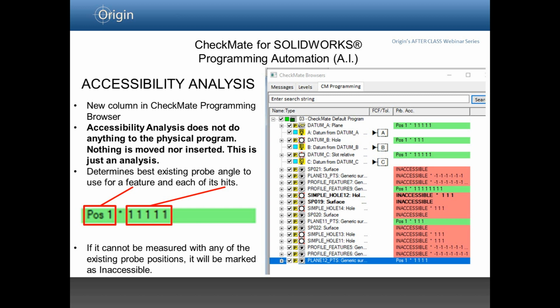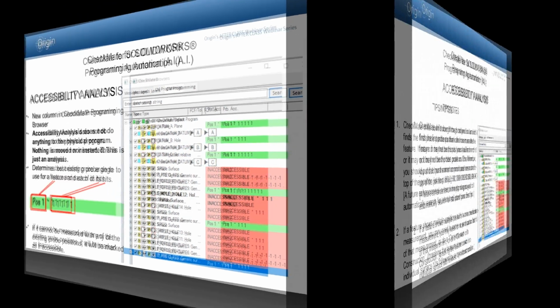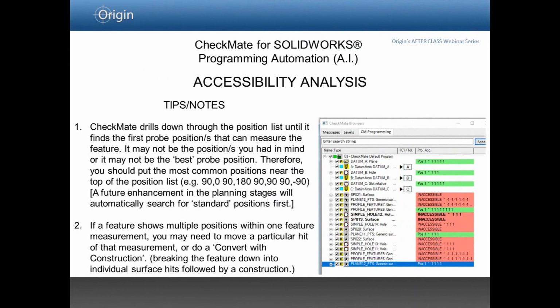Checkmate determines the best existing probe angle to use for a feature and each of its hits. Now if a feature cannot be measured with any of the existing probe positions that you have in Checkmate, it will be marked as inaccessible. Green is good, red is bad. Now before I show you how to do this in Checkmate, I first want to mention a couple of notes